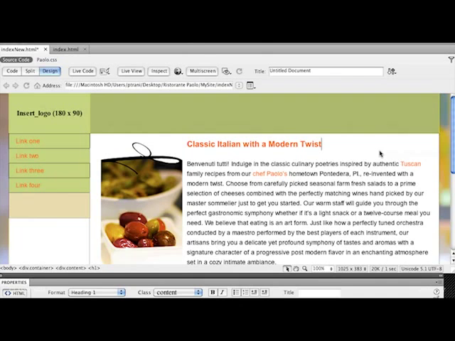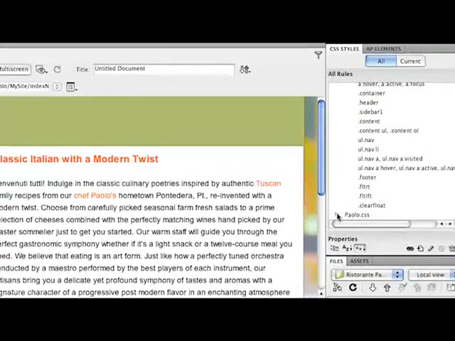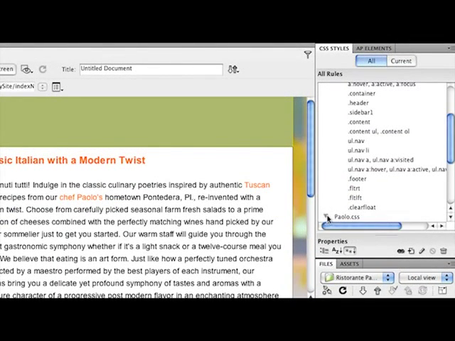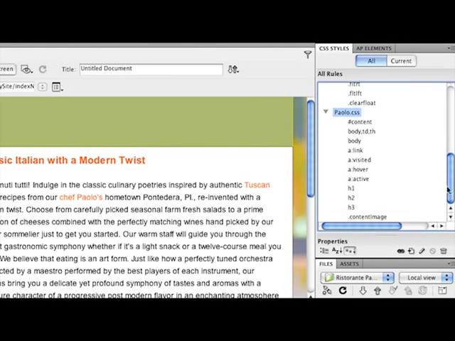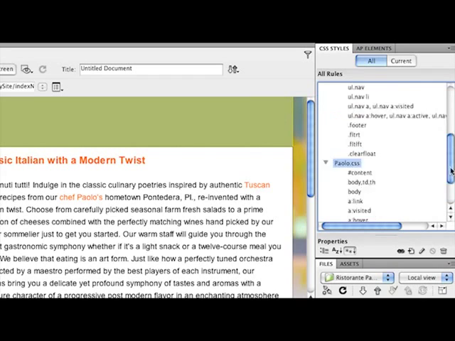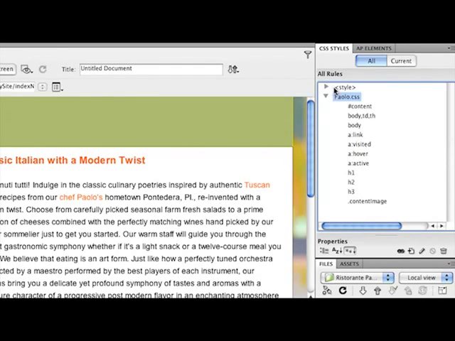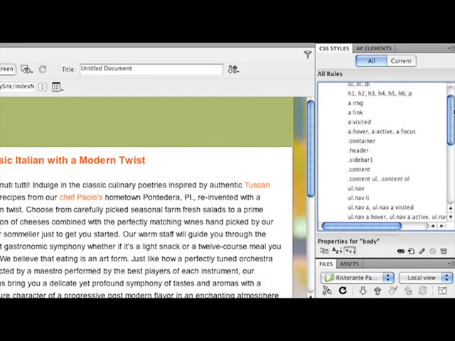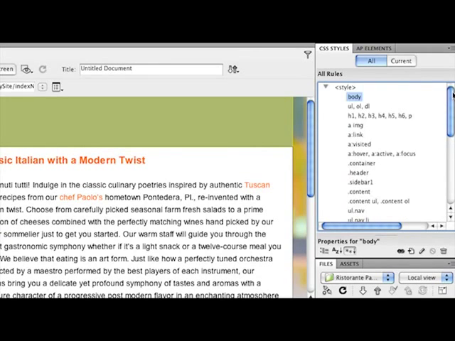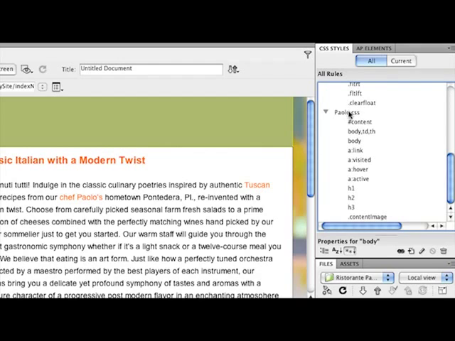So again, I go through this process of modifying some of these options. Look over in my CSS styles panel as I twirl that down. Here's the Apollo CSS, all of my rules right up here. This is just the styles associated with this specific page. And I don't want any of these to be on this page. I still might want to keep them, but I actually want all of my CSS to be in this one